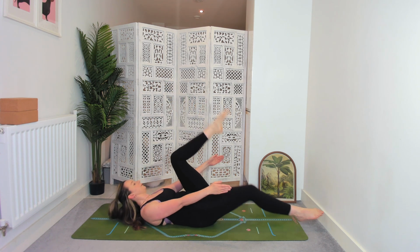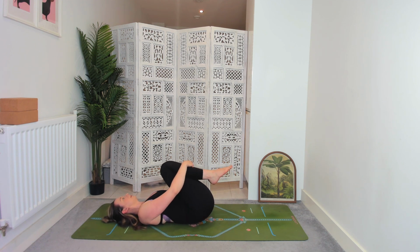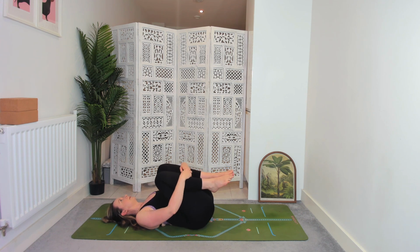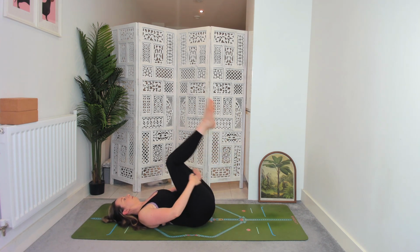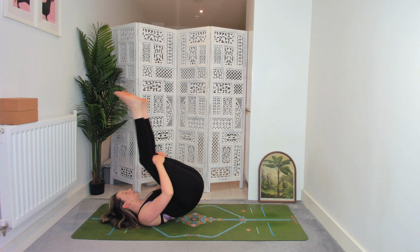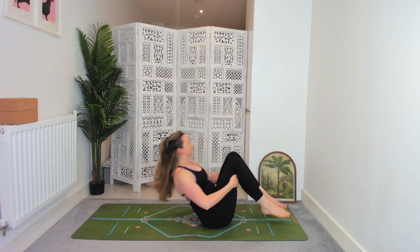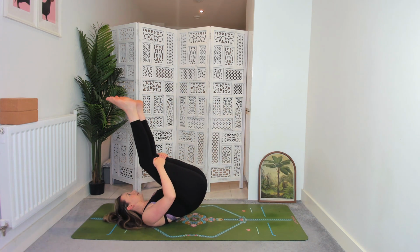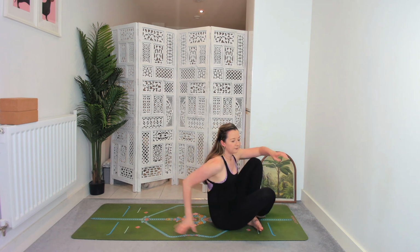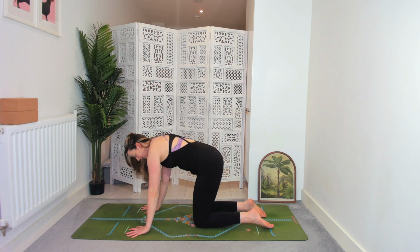And then release, hug knees into chest. Take a little rock from side to side if that feels good for you. And then taking hold behind the thighs, rocking and rolling up and down the spine. And then eventually rocking all the way up, coming onto hands and knees, tabletop position, and we'll move through a